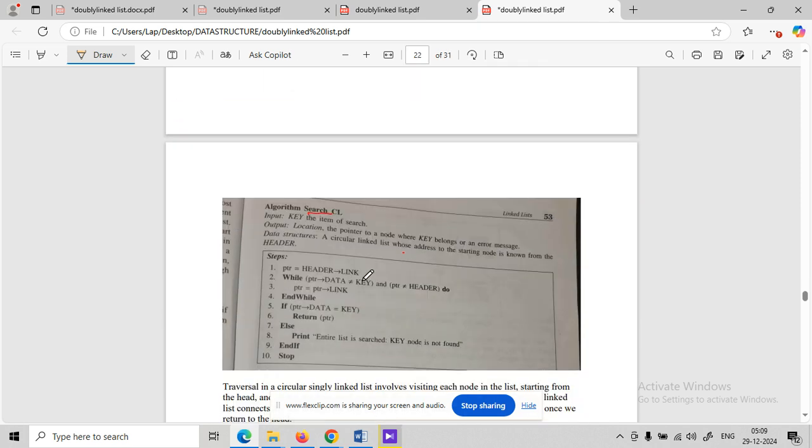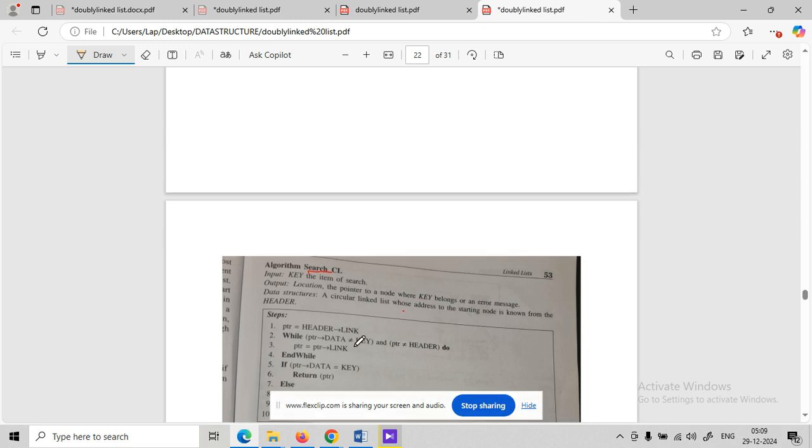Next, we create one loop for traversal. That is a condition: while PTR data not equal to key and PTR not equal to header, do PTR equal to PTR link. That is the code for traversing. You have to stop when PTR reaches the header, which means